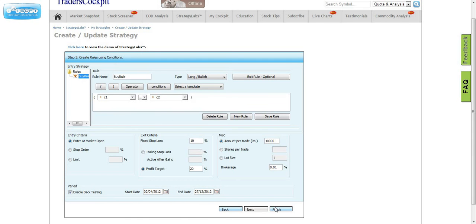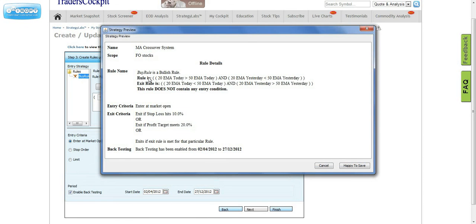I'm just about to finish. Before you finish, you can review the strategy once more. What was the rule? 20 EMA today is greater than 50 and 20 EMA yesterday is less than 50. Your exit rule is this, and again your exit criteria also you have defined. So if the exit criteria or exit rule, whichever happens, the position will be closed. Okay, so I'm happy to